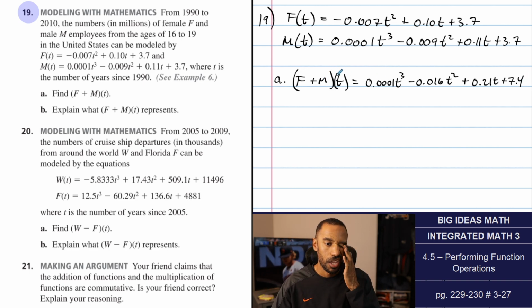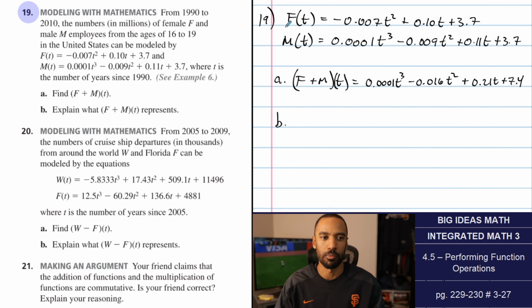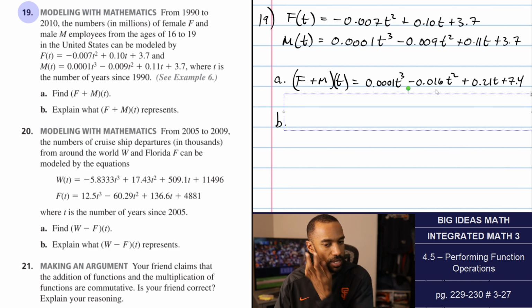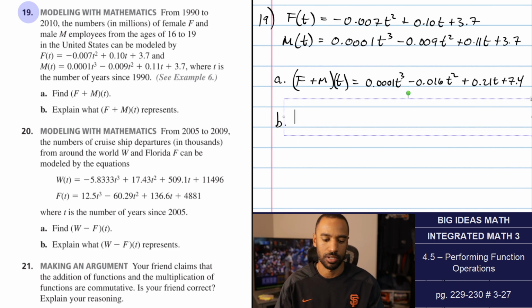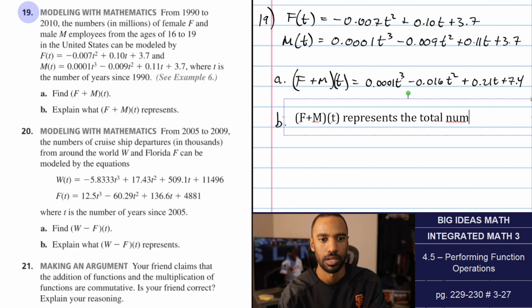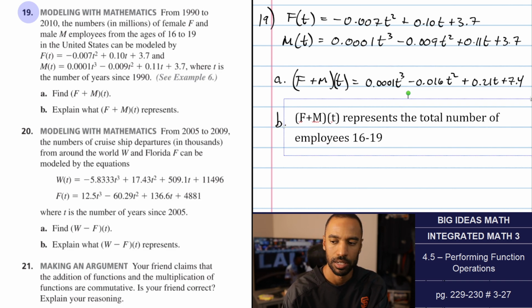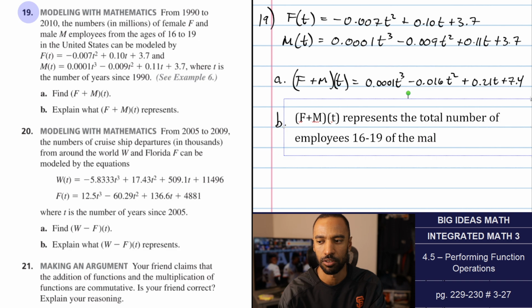That's part A. Part B, explain what f plus m of t represents. Yeah, I guess we're not substituting any numbers in for t, which is, oh well. I wanted to do some more things about 1990 to 2010 and what this means for this year. But this just means the total number of employees for both genders. f plus m of t represents the total number of employees, 16 to 19, of both genders, of the male and female genders,